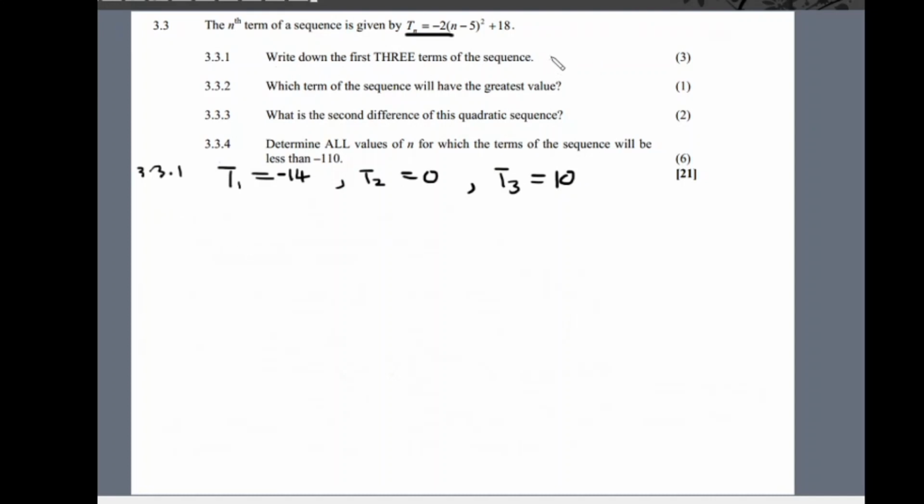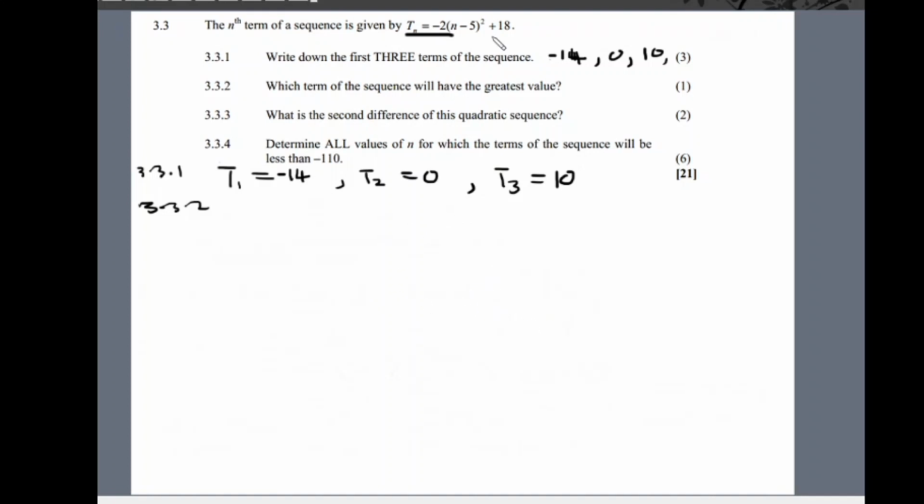So the first three terms are minus 14, 0, 10, right? And then 3.3.2: write the term of the sequence which will have the greatest value. So